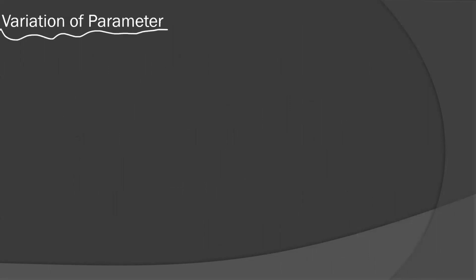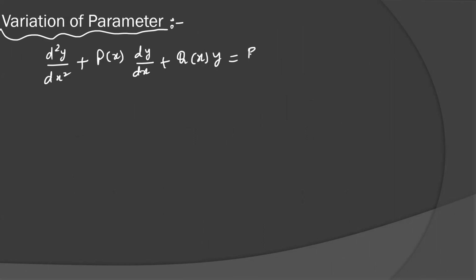This method is very important, and it's useful for the GATE exam also. So I told you a general second order differential equation in this form: d2y by dx2 plus px dy by dx plus qxy is equal to rx. Whenever you are comparing with any differential equation of second order, you have to make it in this form. Means the coefficient of the highest order term should be 1. Then only you can compare and find the values of P, Q, R.